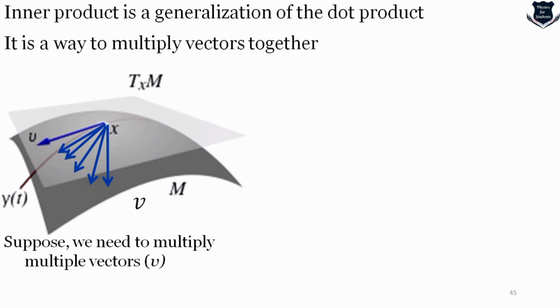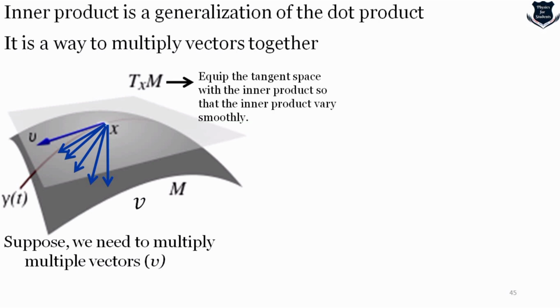Yes, to equip the tangent space with an inner product so that the inner product varies smoothly. Now, when this inner product, okay, let me show this animation a little bit later. Let me explain to you. If we equip the tangent space with inner products, what is happening is that